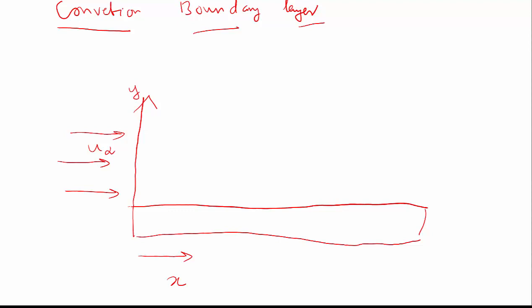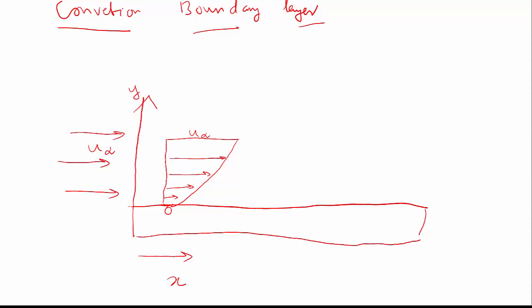Once it approaches the plate surface, at the adjacent layer, as I said in the previous lecture, the layer nearer to the plate, the velocity gets 0. Therefore the profile is like this. Once it reaches the plate, the velocity profile is like this because of shear force. This is u infinity, and this is 0.